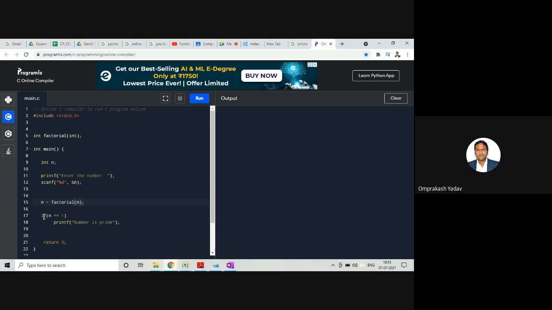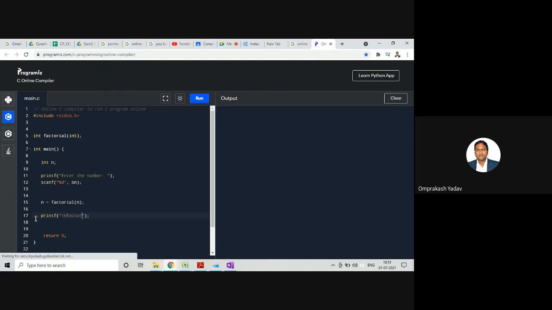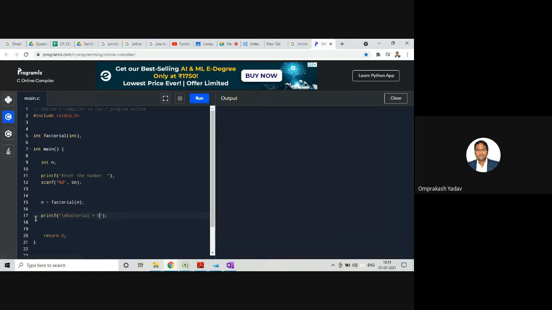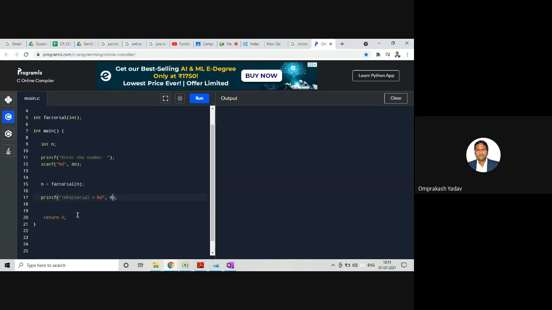So this I will print now. Factorial equal to %d, n. So my function call is over.